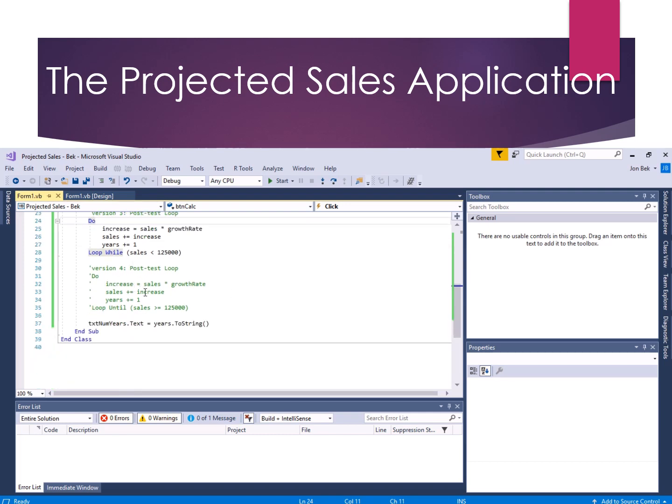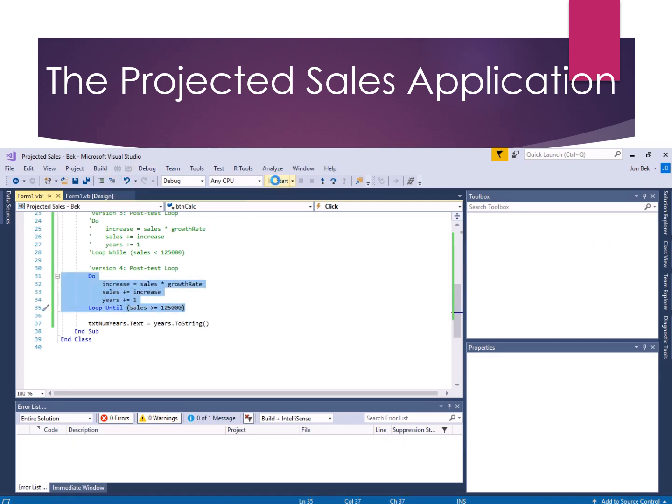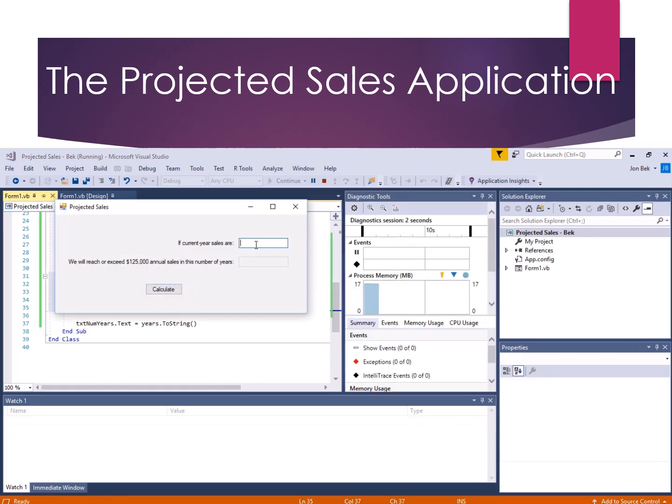Okay, so let's take a look at, do we have the same issue with the other version of the post-test loop, do loop until? Okay, so let's go ahead and comment this back up and uncomment this one and run it. And what if we're already at $127,000? Yeah, and the reason is that the post-test loop is going to run the body of the loop before